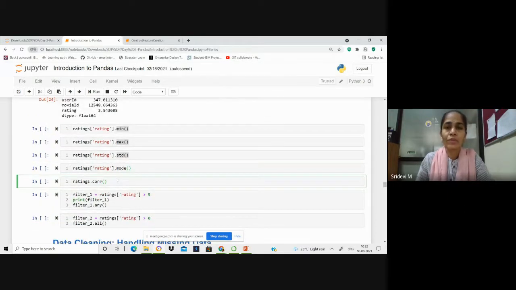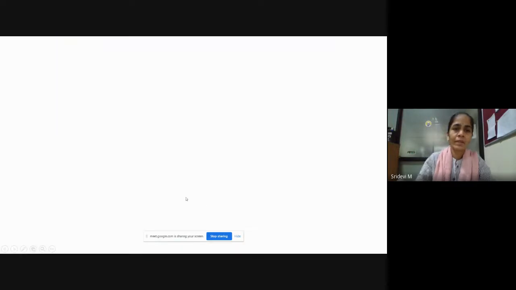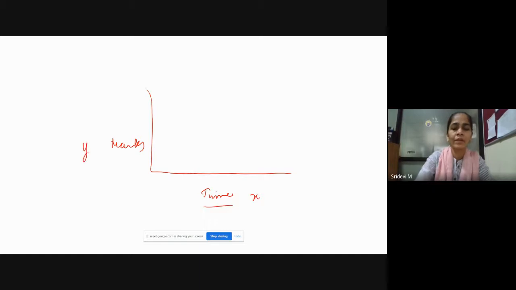If you want to know the correlation between two parameters, say you take parameters x and y. I can give you an example of time spent in studying by a student and marks obtained by him. If you take these two parameters, this is parameter x and this is parameter y.